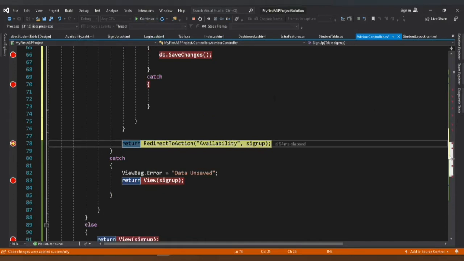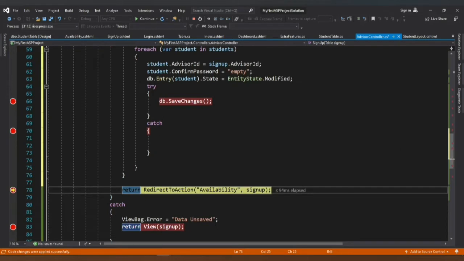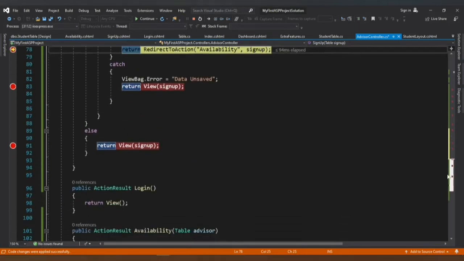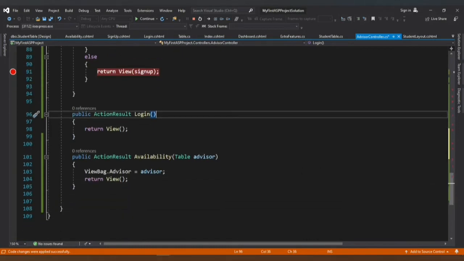And it didn't find any students, so it didn't come in here. There wasn't any students, so the count was 0. So it's going to go over to the availability action, which we've already created here. I'm going to put a breakpoint here. Yes, so if I continue,